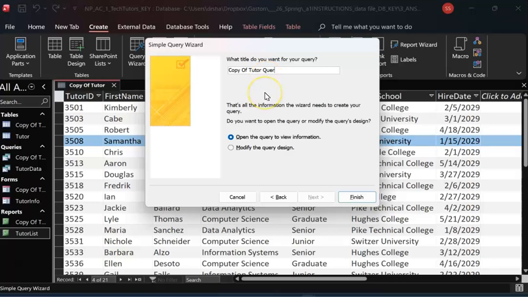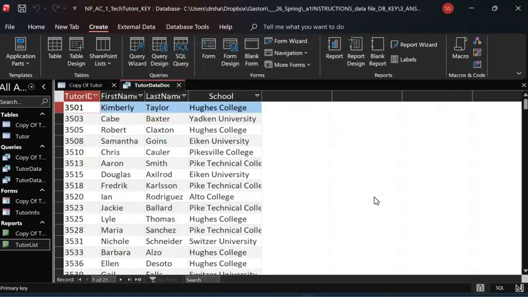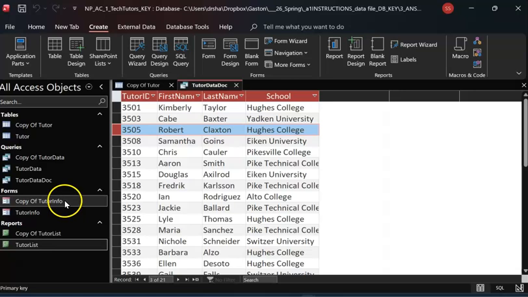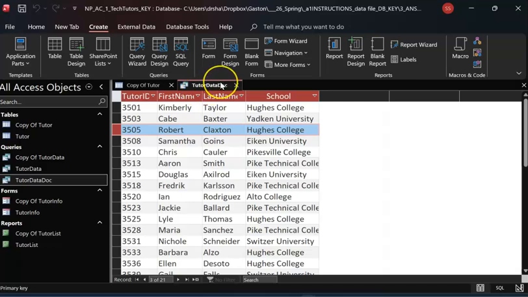Copy of tutor data. I'll put doc there just to make a distinction. And I'm not sure if at any point the instructions tell you to run the query, but I'm going to take a closer look. So notice that you have your query